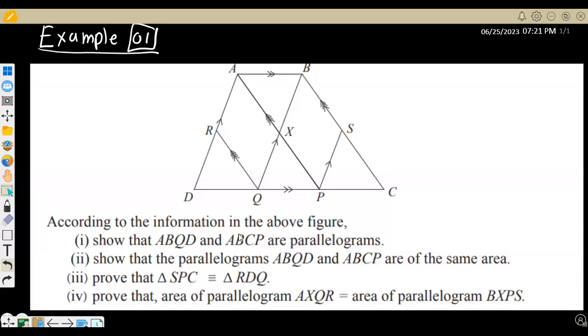Okay, Putri, have you finished the drawing and the writing? If you finish with the drawing, you can just look at the first question. Show that ABQD and ABCP are parallelograms. In this case, what you have to do is, first of all, identify